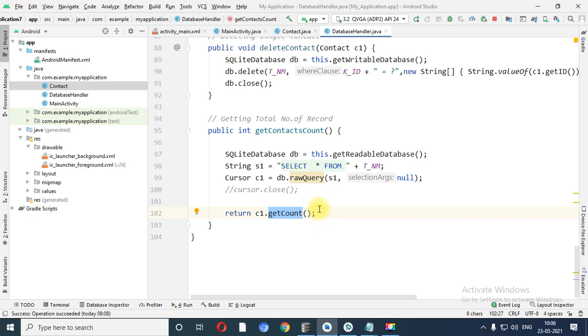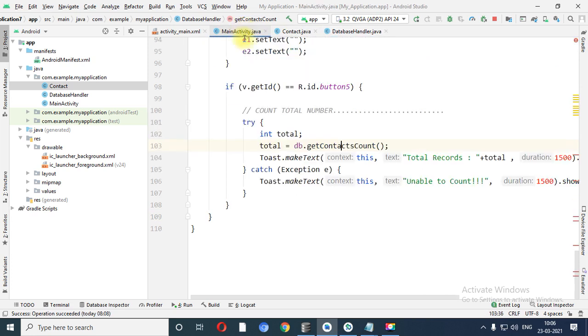GetCount is a method through which you can count the total number of records available with the cursor. So it will return 2 or 3 or the number of records available in the database. So it will return an integer and fetch over here in the total and count the total number of records. And if any exception or any error occurs, at that time it will return unable to count.